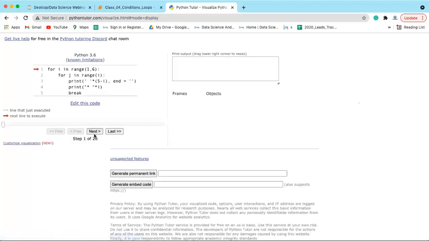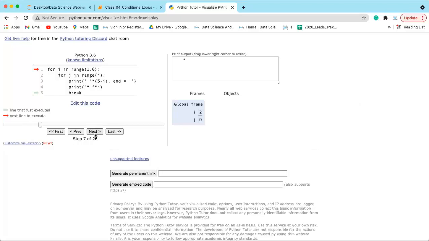Let's see it here. When i is equal to 1, j will become 0, and then it will be coming here. So what is it printing? Space, 5 minus i means 4 times space will be printed, and we will remain in this same line because of this end attribute. And then it is printing star space 1 time because i is 1. So after 4 spaces, 1 star is printed. Then after printing this star, we went to the new line, and then we are breaking the inner loop. Then we are going back to the outer loop.